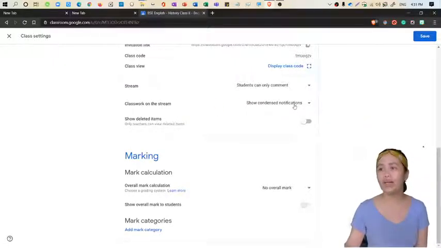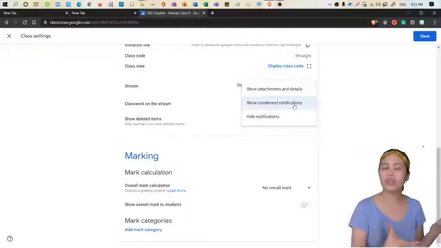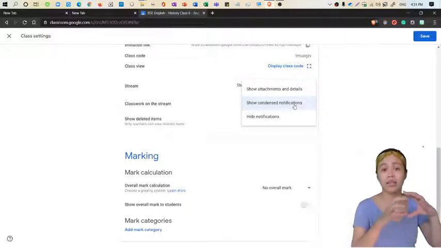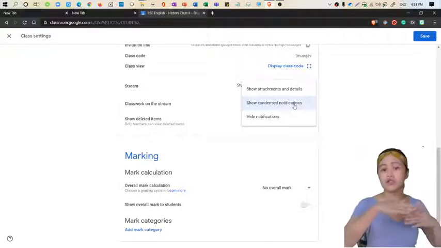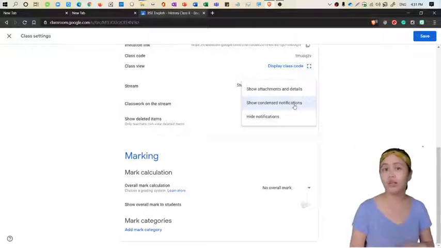Whether you want the classwork to show condensed notifications. Pag sinabi natin yung mga condensed lang na mga notifications, only the material is shown, pero yung complete instructions are hidden. Okay, so that's not recommended. I do not recommend that option because that would confuse your students or the participants, and some of them would think na